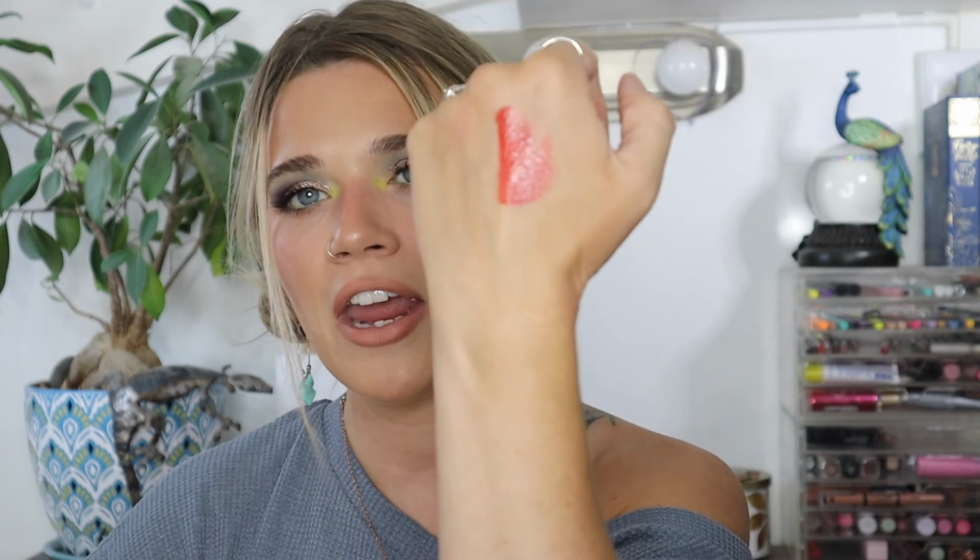This is so fantastic. It has a very glowy finish that does not go away. It does stay on all day, looking so comfortable and healthy. It feels really comfortable on the lips. I don't feel it at all on my lips until about the 6 or 7 hour mark. By then, I do find I get a little bit of buildup, but what is so incredible about this formula is even if it builds up a little bit in the inner corner,